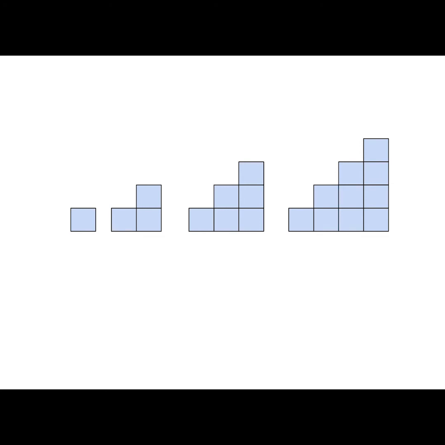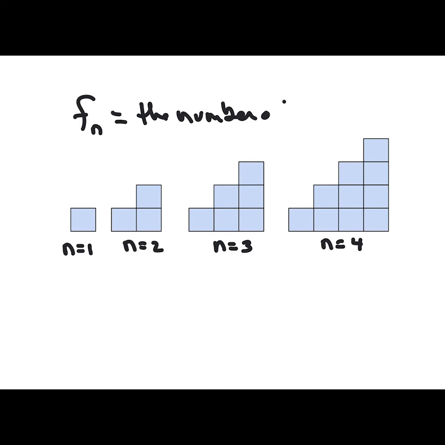All right, I'm going to run through some solutions to the staircase. So we're going to say that this is n equals 1, figure 1, n equals 2, n equals 3, n equals 4. The first, probably more common solution that students will come up with is a recursive formula. So if we let f sub n equal the number of tiles in figure n,